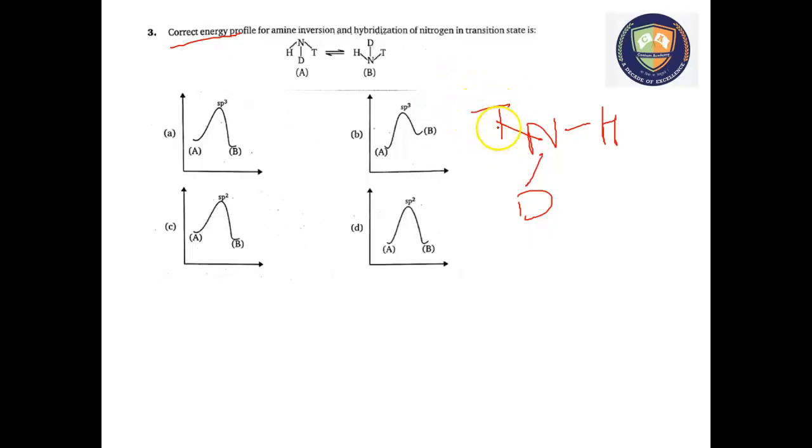and this nitrogen has the tritium also attached. So earlier the lone pair was present in the sp3 hybridized orbital, but now what will happen? This lone pair goes into the p orbital, and the nitrogen in this transition state has sp2 hybridization, which means that A and B will have the same energy since the hybridization is the same,